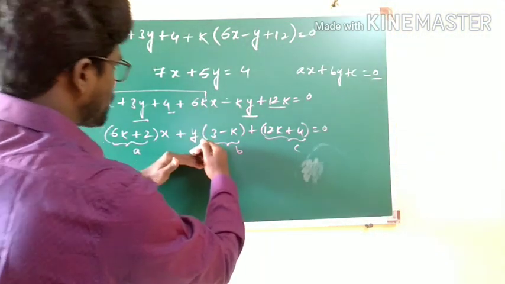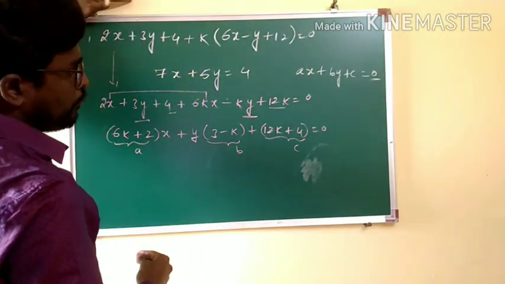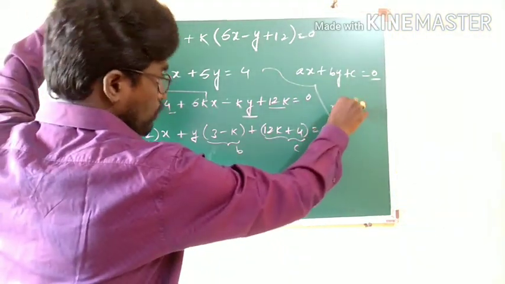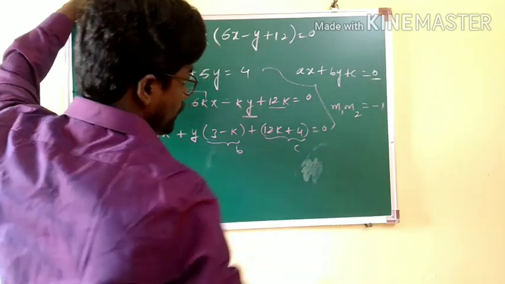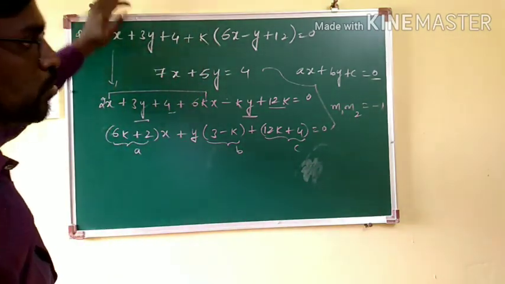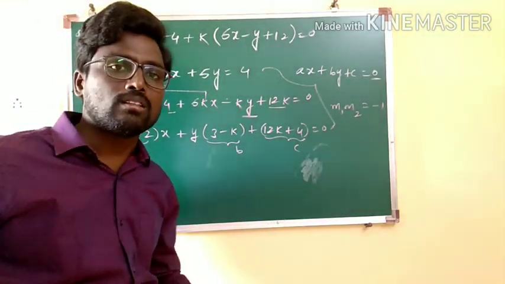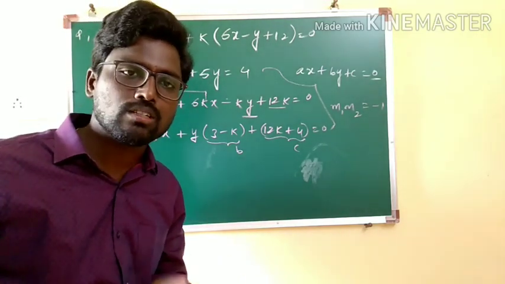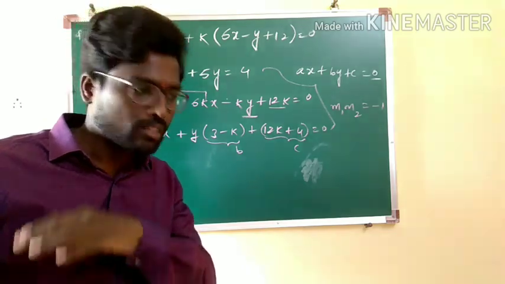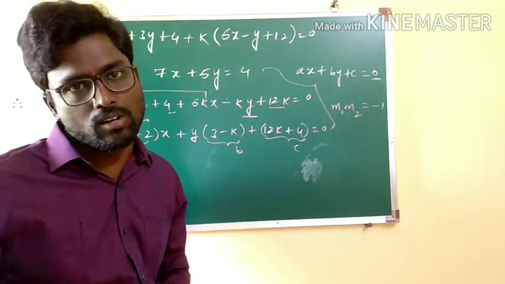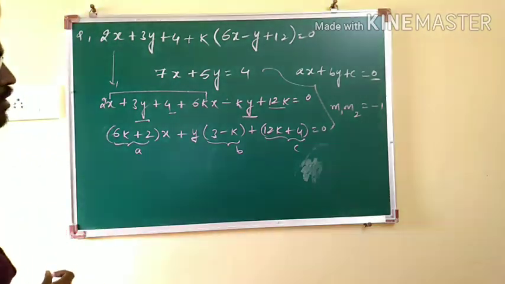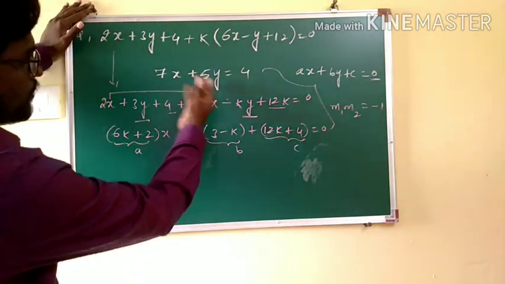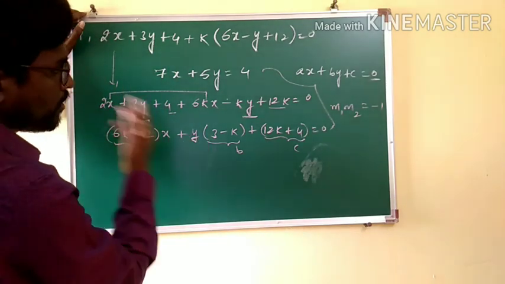This means this line is perpendicular to the other line. Whenever two lines are perpendicular to each other, what is the necessary condition? What condition will be satisfied? m1 into m2 is equal to minus 1. This means if two lines are perpendicular to each other, the product of their slopes is equal to minus 1. We have been using this condition many times, even in the previous problems' discussion. Fine. m1 into m2 is equal to minus 1. What is m1? The slope of line 1. What is m2? The slope of line 2.